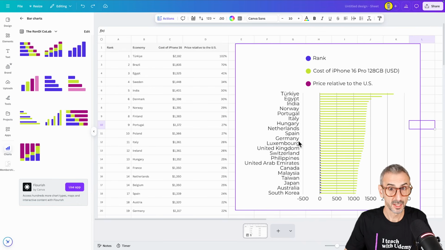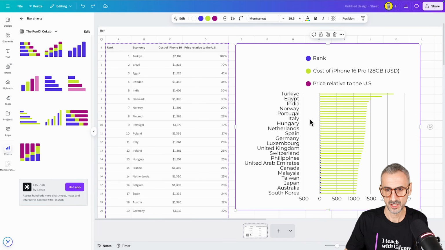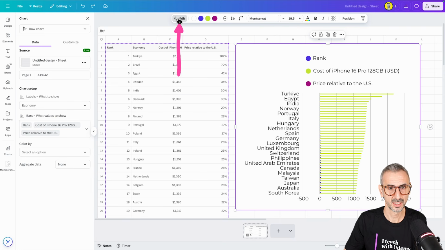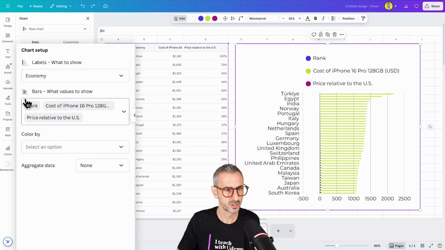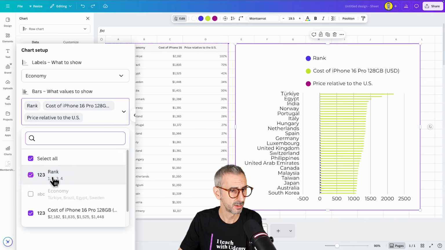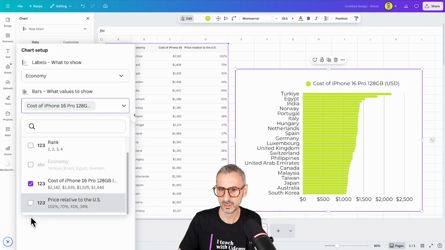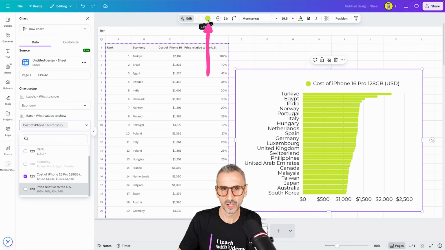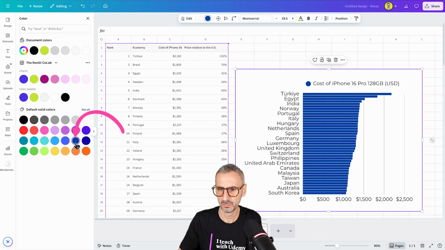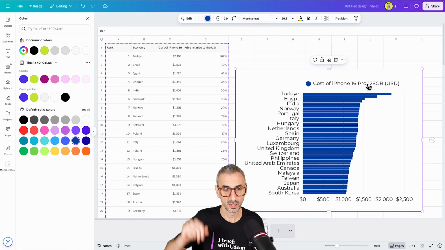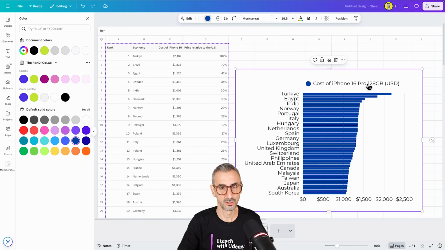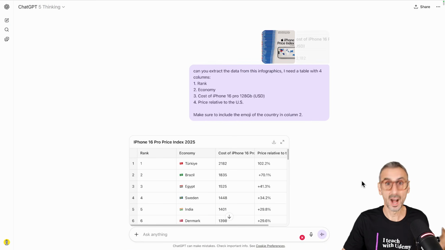So I started playing around with the data on my chart by clicking on the chart, then clicking the edit button. And here you have a bunch of different options to remove a few of the data, like rank, don't need the rank, cost of iPhone, the price relative to the US, don't need that. So I could get closer, could change the color to some sort of blue, but there was no way for me to create that gradient between the darkest and the lightest blue. Also, I couldn't get the emojis with the flag of the countries right here,